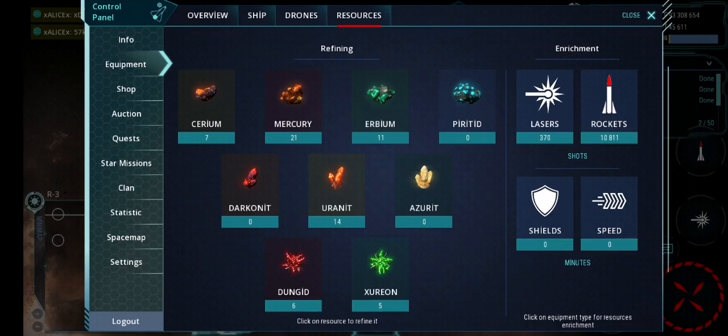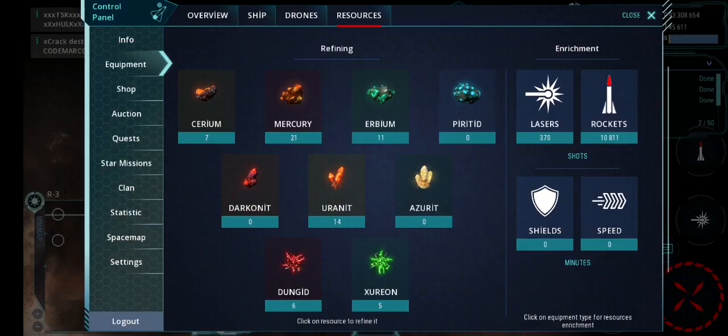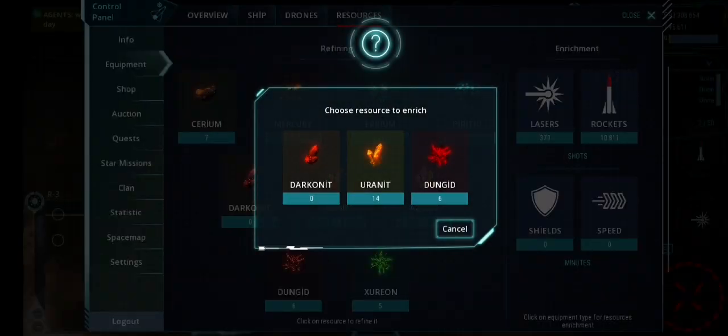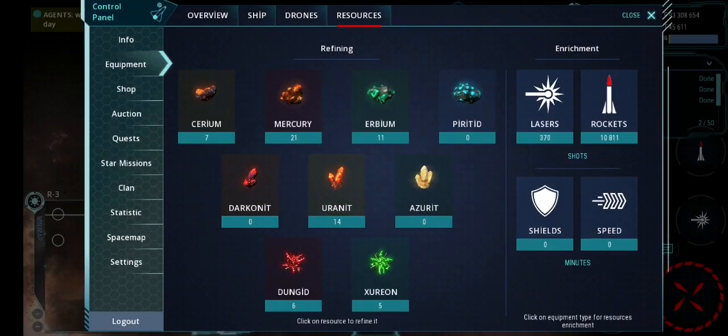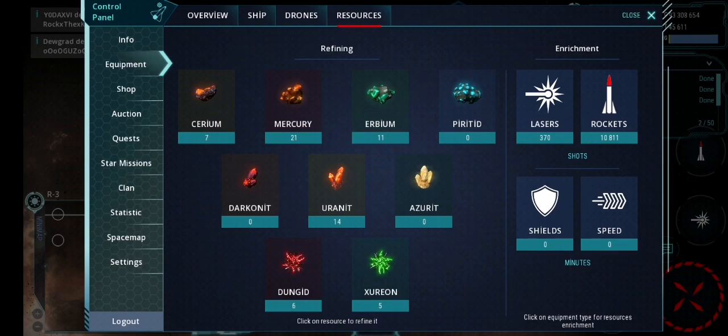The darkonite, well, I feed my lasers with darkonite, but in the beginning you won't have that much darkonite to feed your lasers. You will need to use it for your shields and your rockets. Use darkonite on your rockets at the beginning because you won't have much. Maybe you can put some uranite on your lasers when you have spare, and speed generator and shield generator buffs, enrichments,